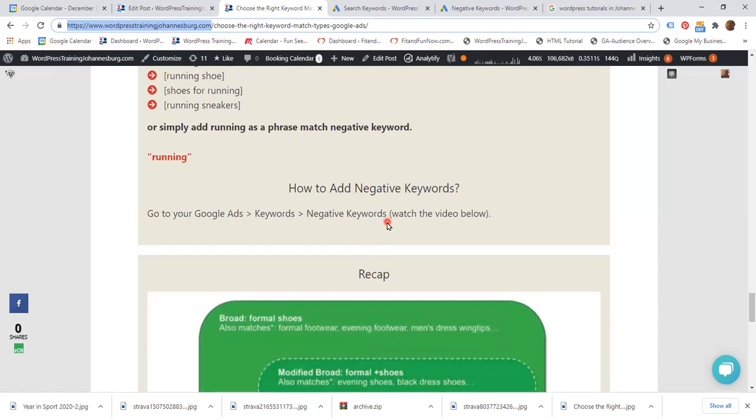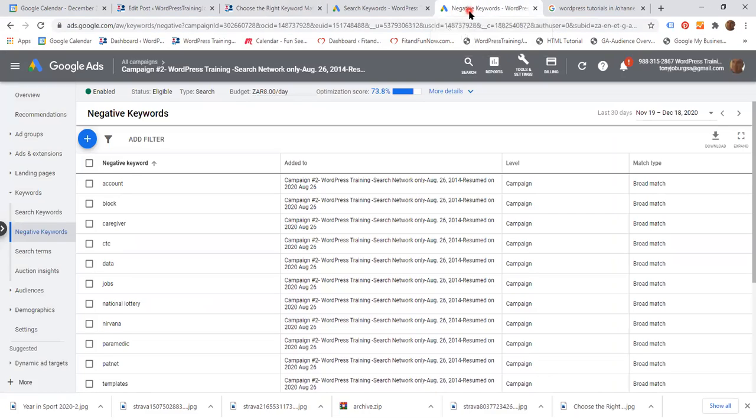How to add negative keywords? Well, it's very easy. What you do is on the left side panel, you have keywords, search keywords, and you have negative keywords. You click on negative keywords, and this page opens up. As you can see, I already have a list of negative keywords: account, blog, caregiver, CTC, and so on and